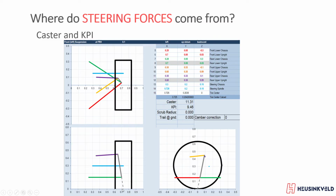It hits the ground here right at the center of the tire, right in the middle. And that means we have zero scrub radius. So we have the kingpin angle, and where it hits the ground, looking at the center of the tire, the difference there is my scrub radius. So we can have the angle and still have no...